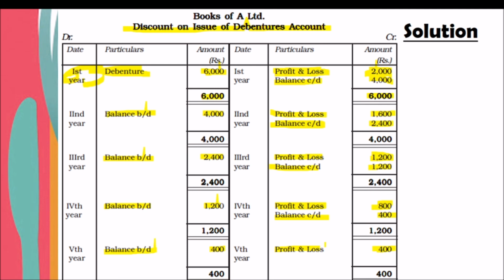This indicates how the loss or discount on issue of debenture is written off to the profit and loss account. So please remember, sometimes they will ask a 4-mark question on the preparation of this account or journal entry. You have to be very careful. So my dear students, the topic related to issue of debenture is over. Please prepare more problems and work out as many problems as you are able to, and enrich your knowledge related to issue of debenture. And good luck for all your exams.